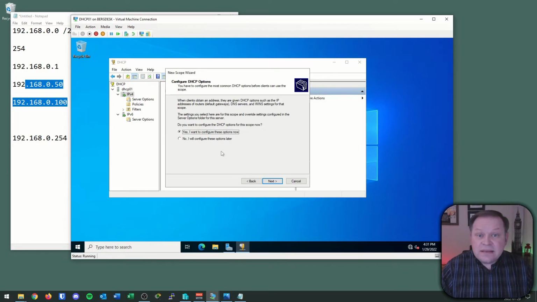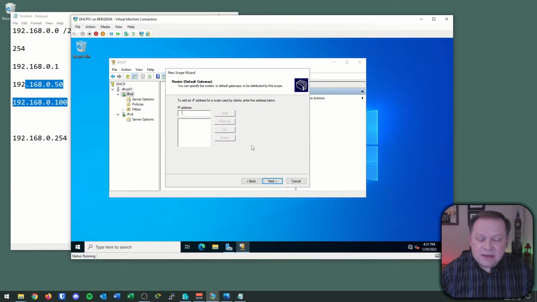configuration options. Now, remember, a computer needs more than just an IP address to participate in its networking. It needs an IP address and a subnet mask, but it also needs a default gateway. It also needs DNS servers to resolve its queries. These are the additional options that I configure right here. I can do these at a later date, and I'll show you where I can find these if I want to change them, but I'm going to hit yes, and I'm going to ask it to configure these options for